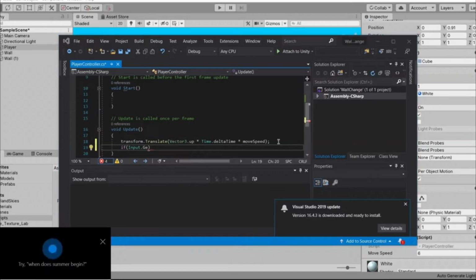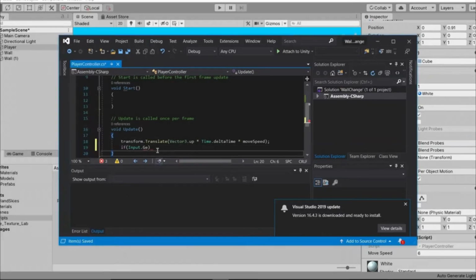input.get. Okay, I just mistakenly opened that code down, no problem. Basically this is a mobile game, right? So let's just directly